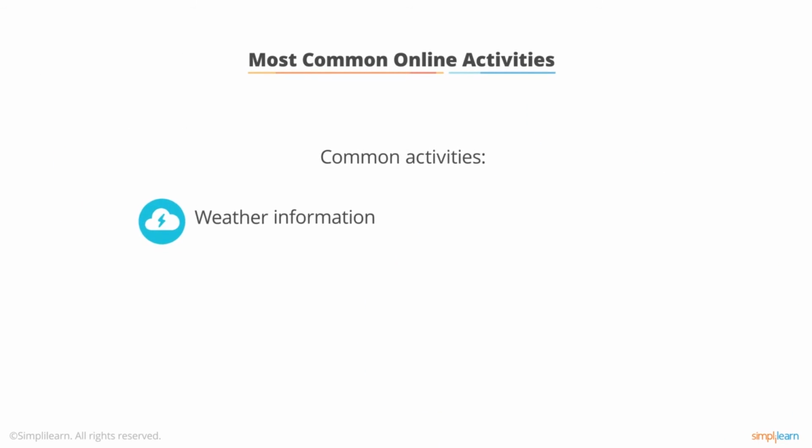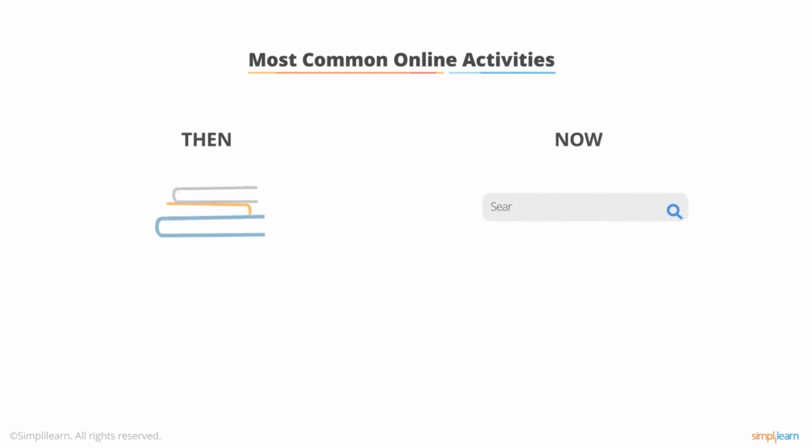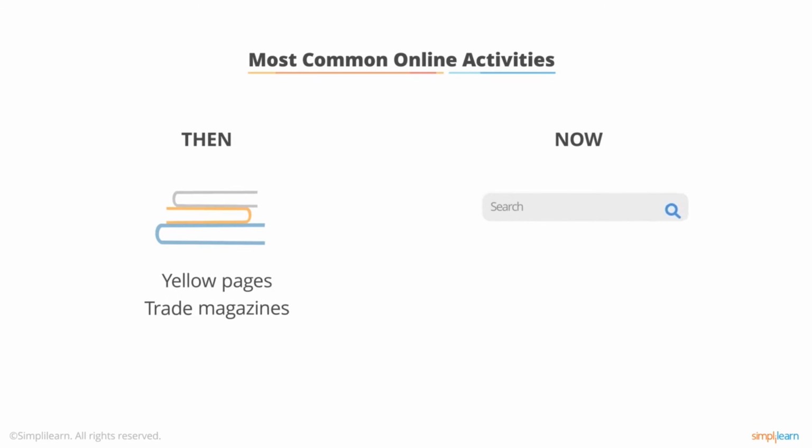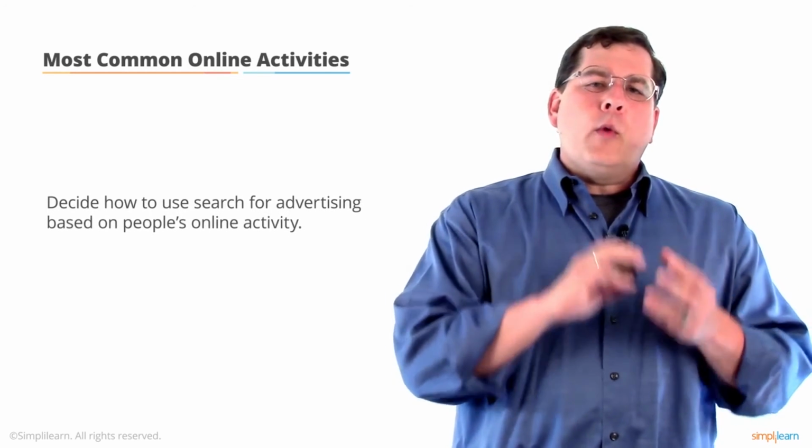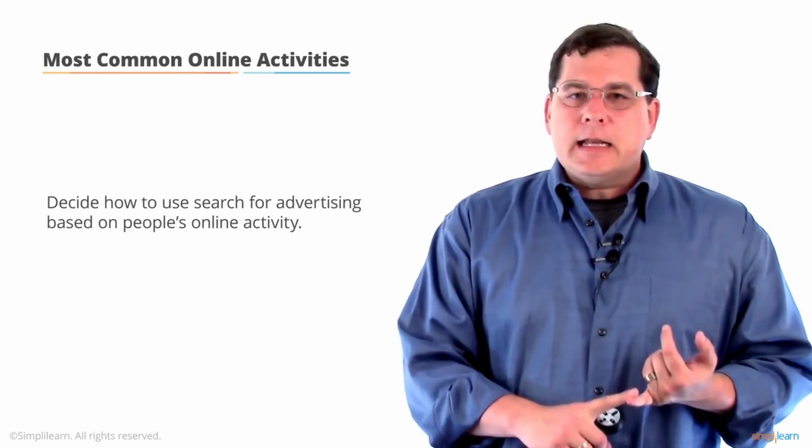Now we look at search and we look at overall activities online. The most common activity is usually email or some sort of social communication. Number 2 is usually search. Most of the others are either transactional or informational. So for instance, common activities are getting weather information, getting hobby information. This is information retrieval activity. Over the past 20 years, we've turned from looking at yellow pages and trade magazines to using search. And so by looking at where people are getting relevant content,